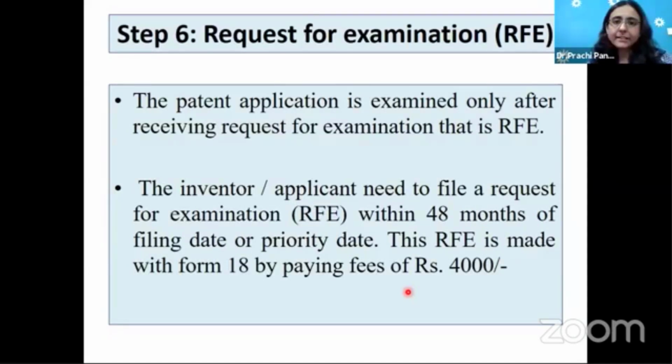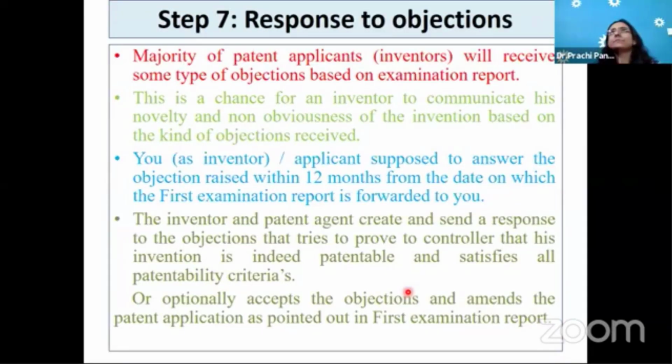After that, once they go through your patent application, as I said, within 1 to 3 months it is done. Then within 1 month, you will get your response. So it's about 4 months: 3 months of examination process and 1 month of reply. After these 4 months, if some objections are raised by the examiner or by the opposition, you have to answer within 12 months.